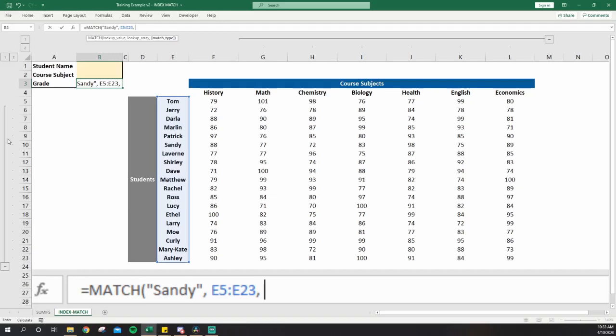When you use -1 or 1, Excel will not return an error, yet it might not return the correct value, which can lead to other errors in your analysis if you don't realize it. So, for that reason, we will type 0 in and press enter. Excel will return a 6, which can be interpreted as, hey, we found Sandy within your range of cells, and